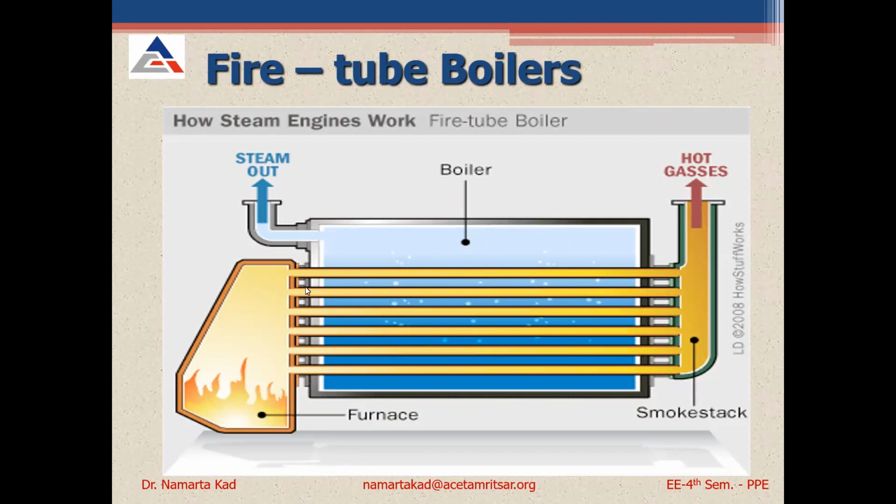And the water is held in this cylinder. It starts boiling, it then converts into steam, and then the steam is taken out and fed to the required work, or fed to the turbine, or used for heating in residential areas or any other application. And the heat then flows out to the atmosphere through the chimney. So this is the basic principle of any fire tube boiler.